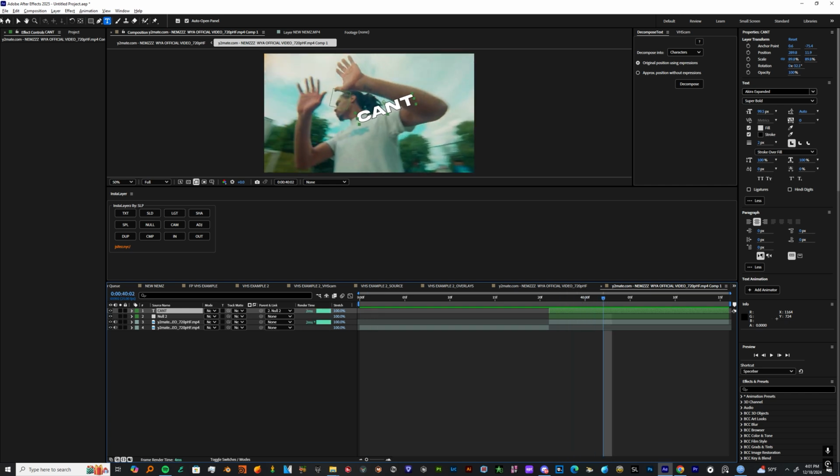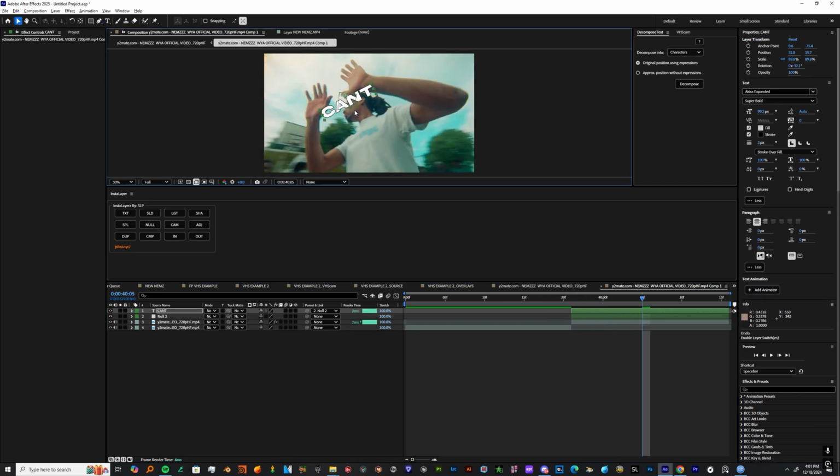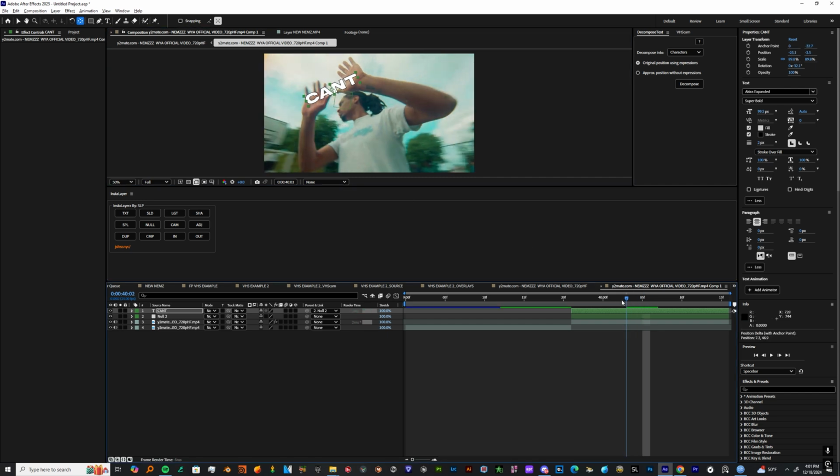Now you can just drag the text wherever you want it, however you want it to look. It's going to move with the subject. It's fire. So now once you have that looking how you want it to look,